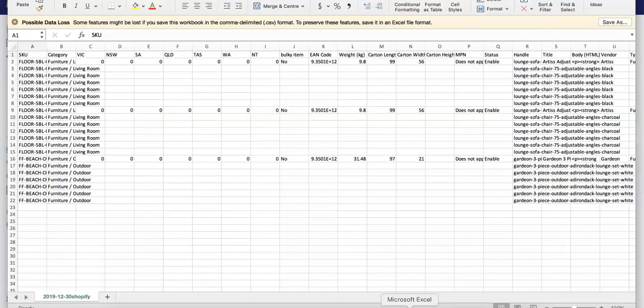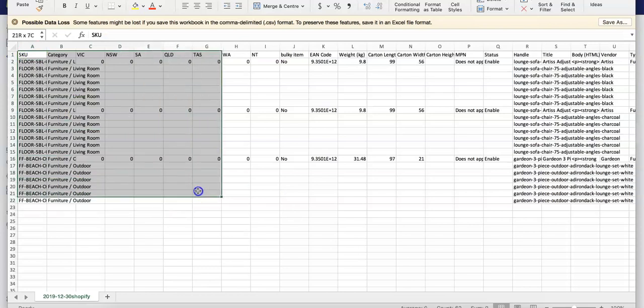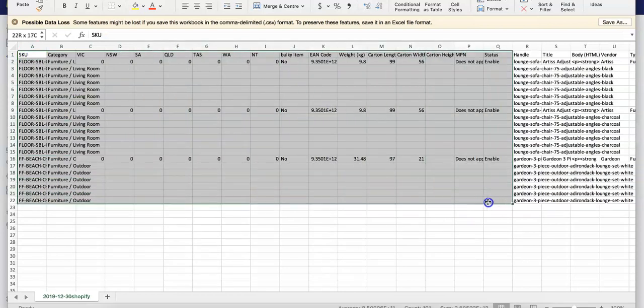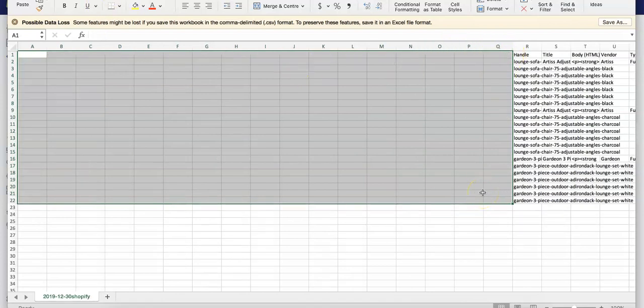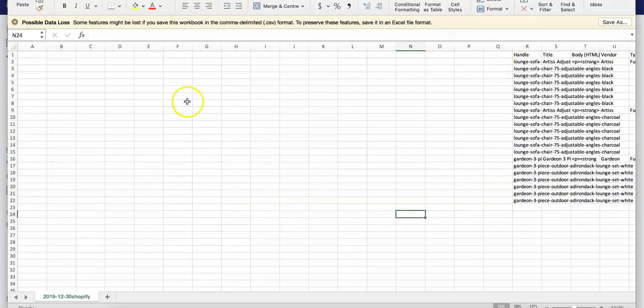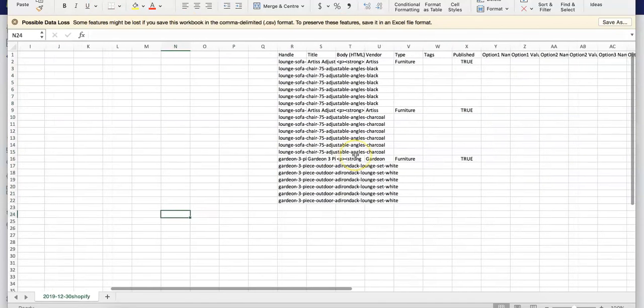So the first thing we want to do is click on the SKU, scroll down, and delete everything up until the Q area, to the handle. So we're going to go all the way from A to Q, and we're going to delete that whole sector because we don't need that. Once we come across here, scroll